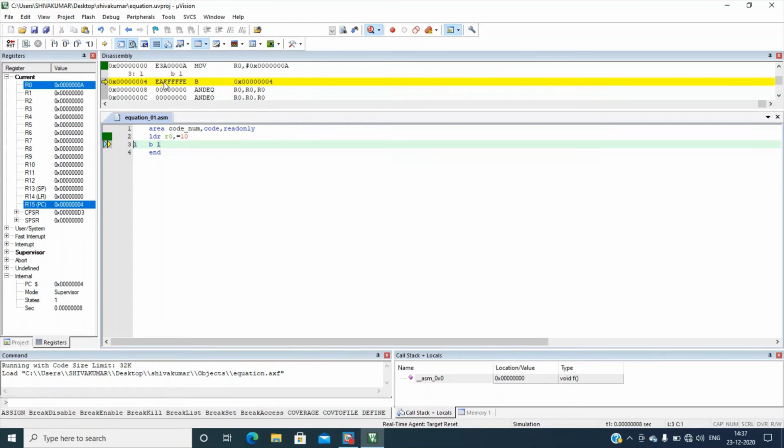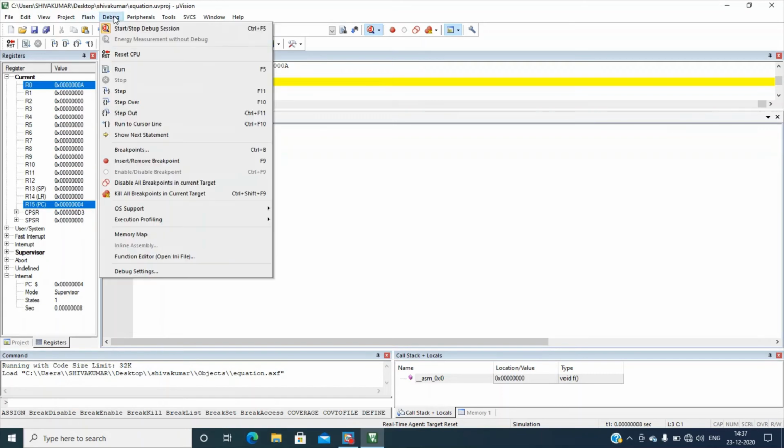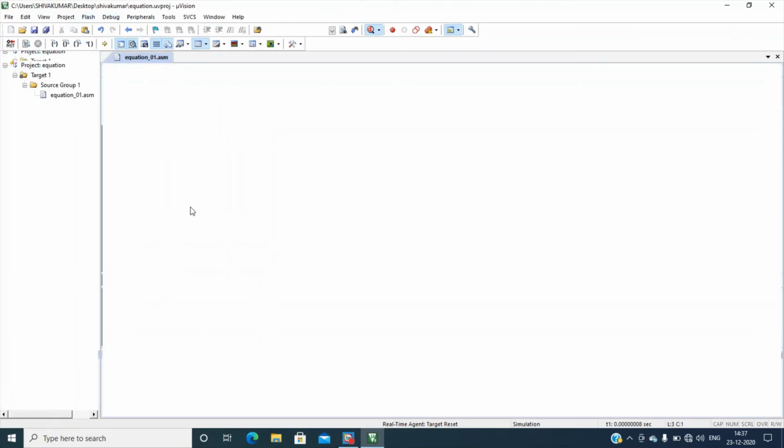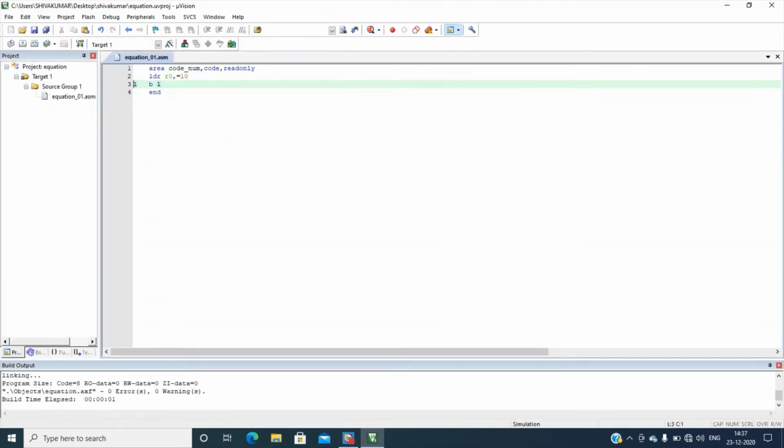Then these E, A, F, F, F, E are all opcodes. Now stop the debug session.